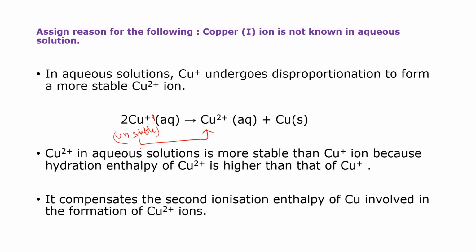So hydration enthalpy means that some heat will be liberated. In this reaction, if you observe, delta H is negative, so heat will be liberated. That heat ionizes copper +1 into copper +2. Copper +1 converts into copper +2 because of the heat of hydration. The conversion of +1 into +2 is called the second ionization enthalpy, and we get it because of the heat of hydration enthalpies, isn't it?